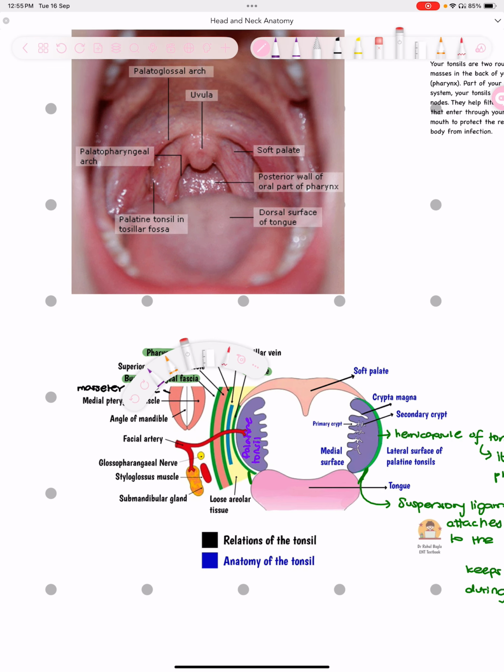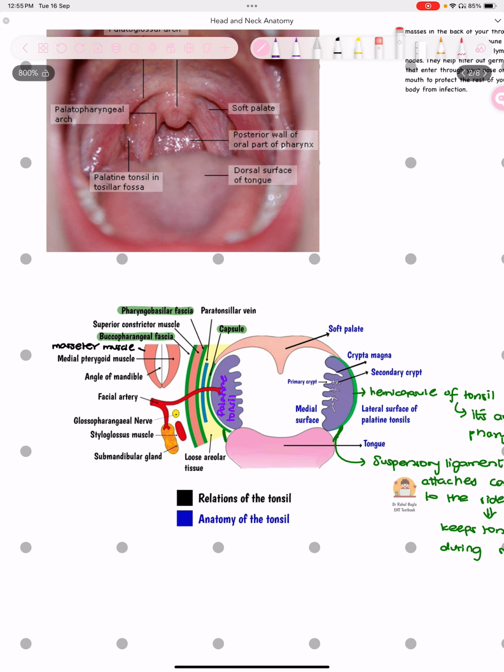Now, talking about the two surfaces, it has a medial surface and a lateral surface. Then it has an anterior border and a posterior border, and it has a superior pole and an inferior pole. Now, posteriorly, this is very loosely attached with the posterior wall of the